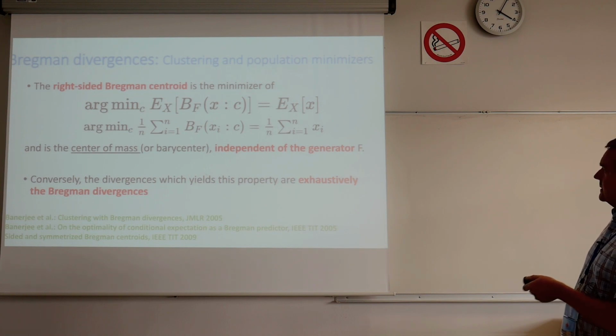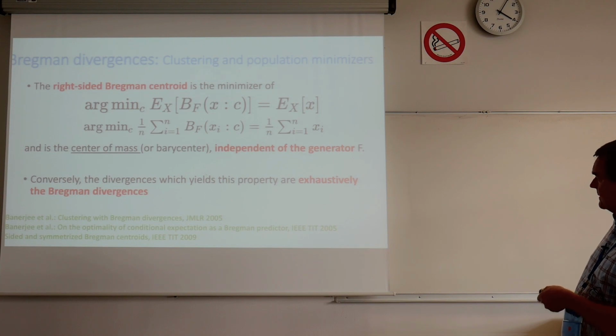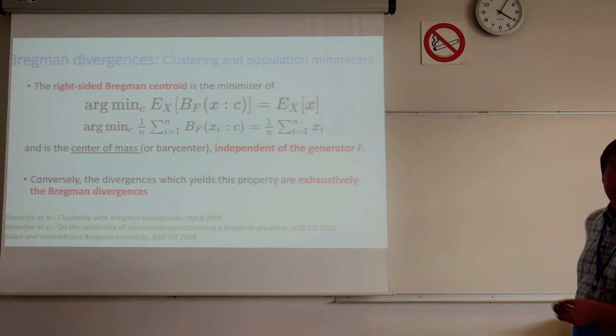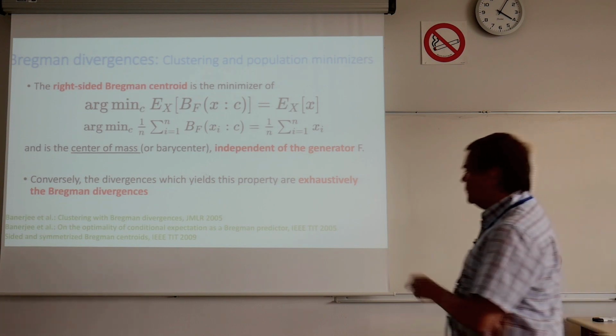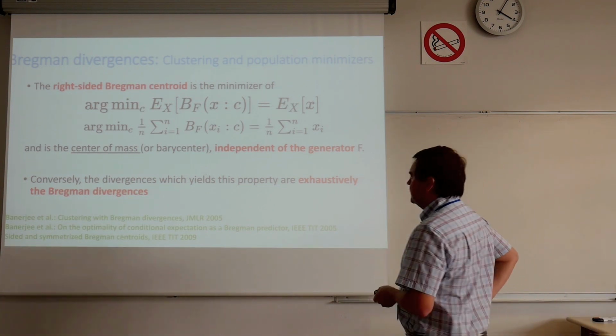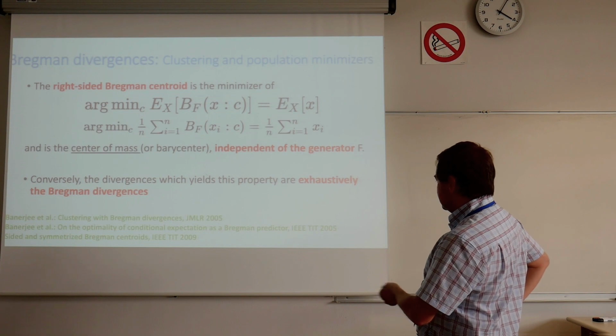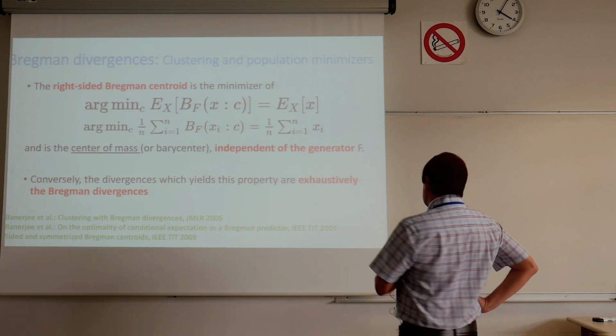And this is here the discrete version, and it is independent of the generator. And moreover, you can show that any divergence that satisfies this property is a Bregman divergence. Okay, and you have some kind of very mild restrictions, but it has been really worked out in 2005 by